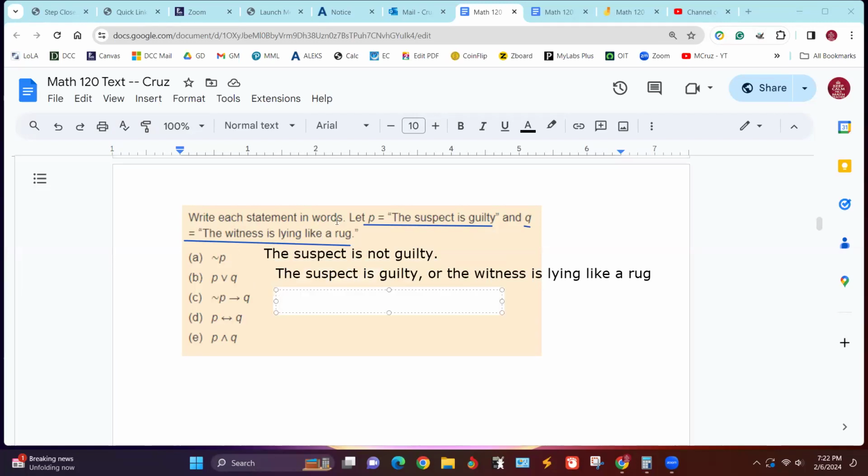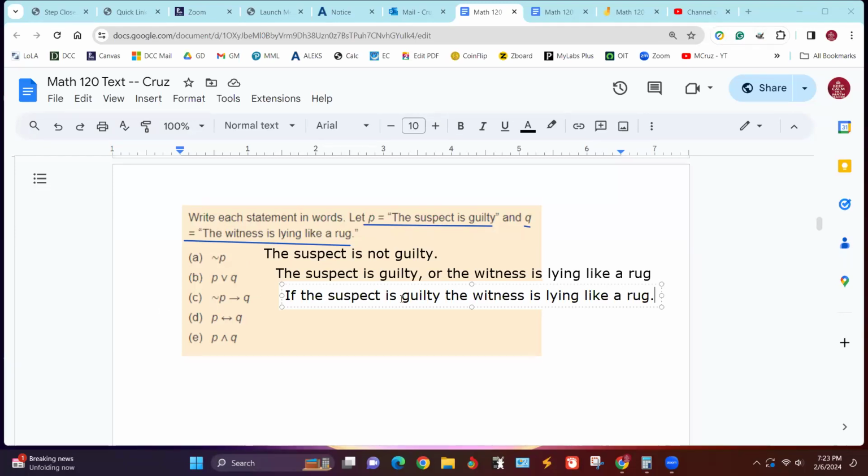All right. Now on this one, we're still using the same P and Q until P and Q is redefined. We just keep using the same one. So now that's if not P, then Q. P is the suspect is guilty, and that's not P. So if the suspect is not guilty, the witness is lying like a rug.